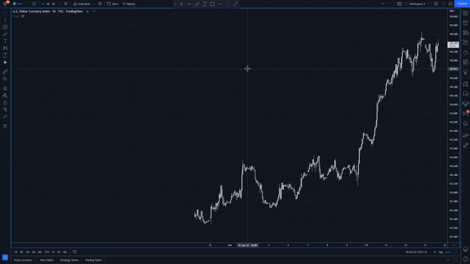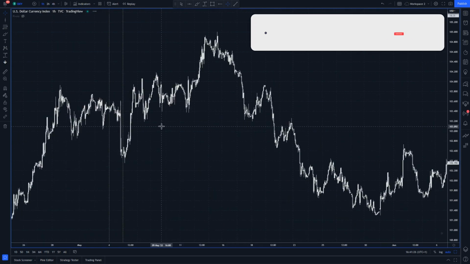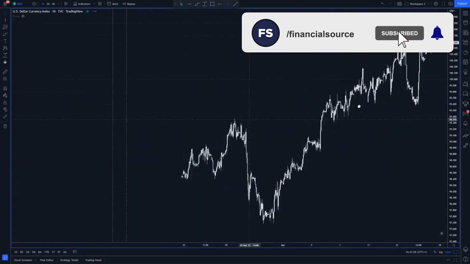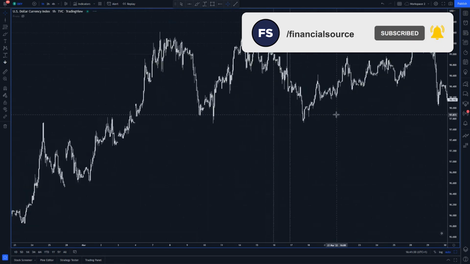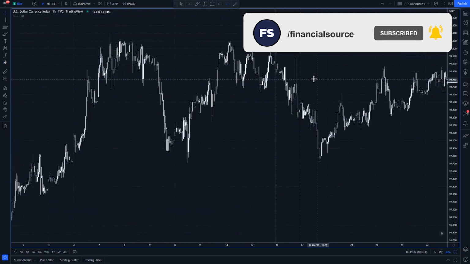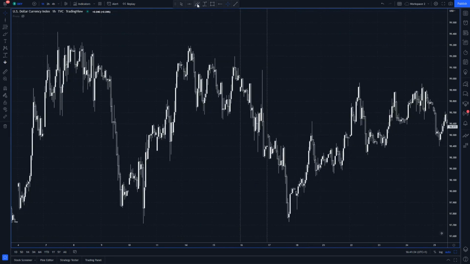Now, what we saw with both of these two events, if we just go to a lower time frame, let's go to the March decision. What we saw is directly out of the decision going into the press conference, we initially saw a very big pop to the upside in the US dollar, looking at the dollar index here. A big pop to the upside.